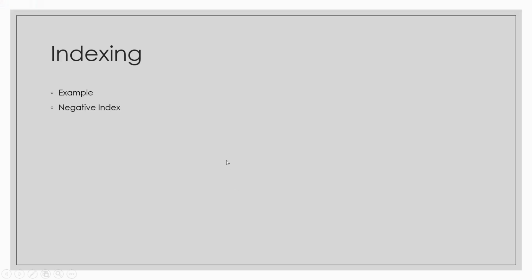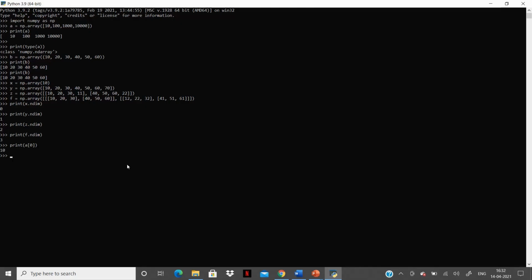Get a constituent in an array using index is similar to accessing constituents in objects in Python. Indexing starts from 0, so the first constituent will have index of 0 and the second constituent would have an index of 1. Let's access the first constituent of array A in Python. 10 is the first constituent of object A here.